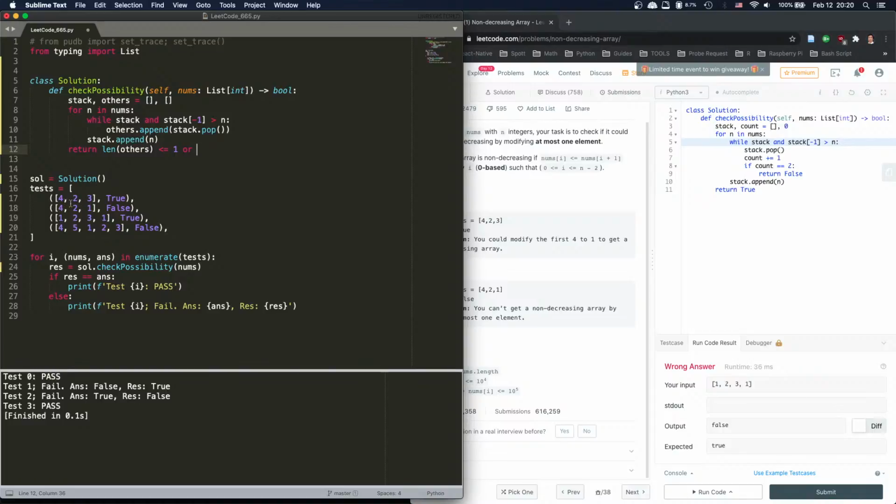We have 4 and then we pop it, so it's supposed to be false because we have 1 in stack and the others has basically 4 and 2, which is not correct, right? 4 and 2, because these are not in order. So how do we handle this situation? I mean, we can count, but after counting, so